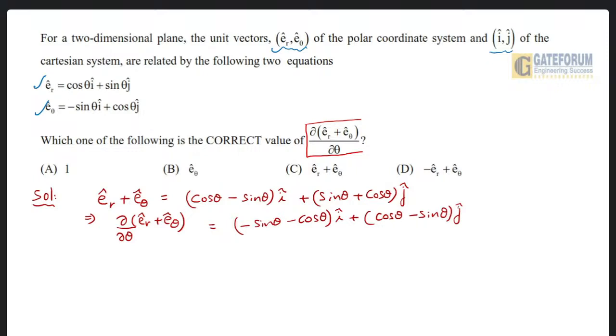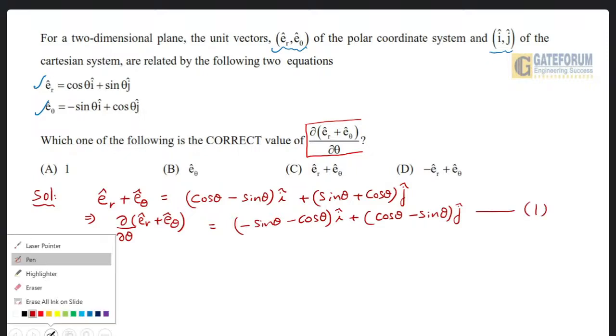Now option A, this is not 1, this is not E theta cap. Let us see E_r cap plus E theta cap. E_r cap plus E theta cap is cos theta minus sin theta i cap, but we have minus sin theta, minus cos theta i cap. So this is simplifying to minus E_r cap plus E theta cap. Let us denote this as equation 1. Okay. Now